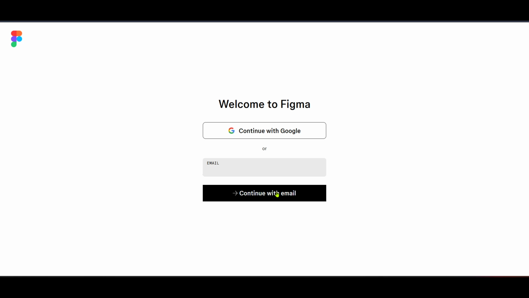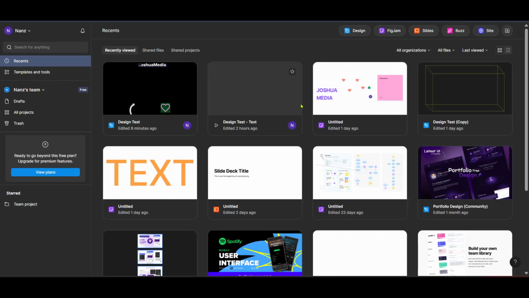And there you have it. After following these simple steps, you now have your very own Figma account. This new tool at your disposal will be invaluable for creating stunning designs collaboratively with your team, or for exploring your creative ideas solo. Thanks to its cloud-based nature, you won't need to worry about losing your work as it